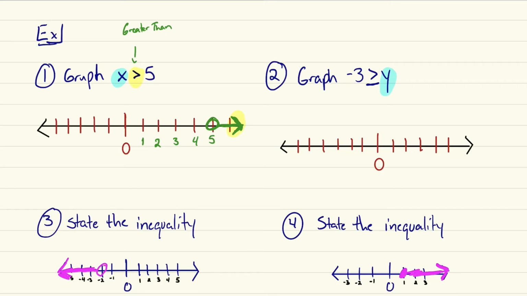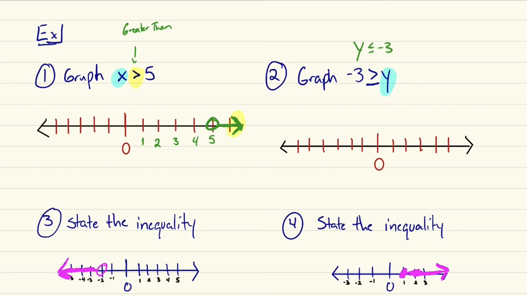Make a mirror image of it. So we say y is less than or equal to -3. Now, why did I write less than? Why did I change the sign? The reason I changed the sign when I flipped everything around, almost like flipping a pancake over in a pan, is that when I flip it over, I have to make sure that the inequality sign keeps pointing at the